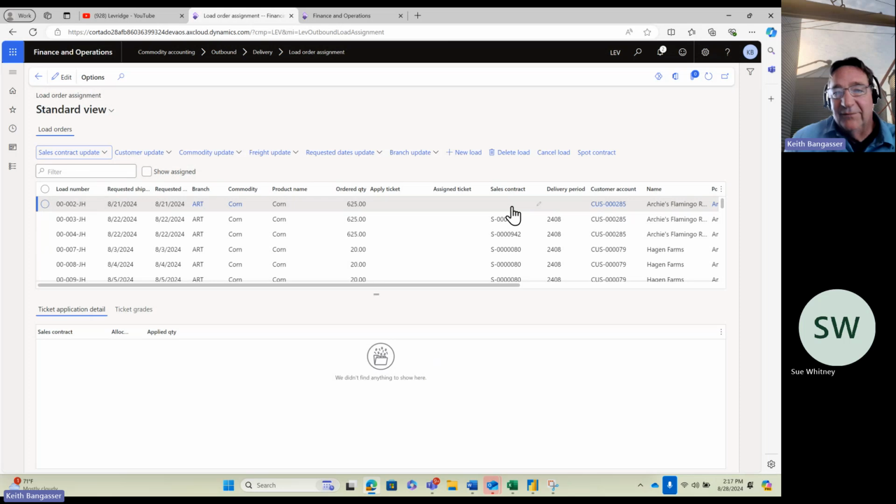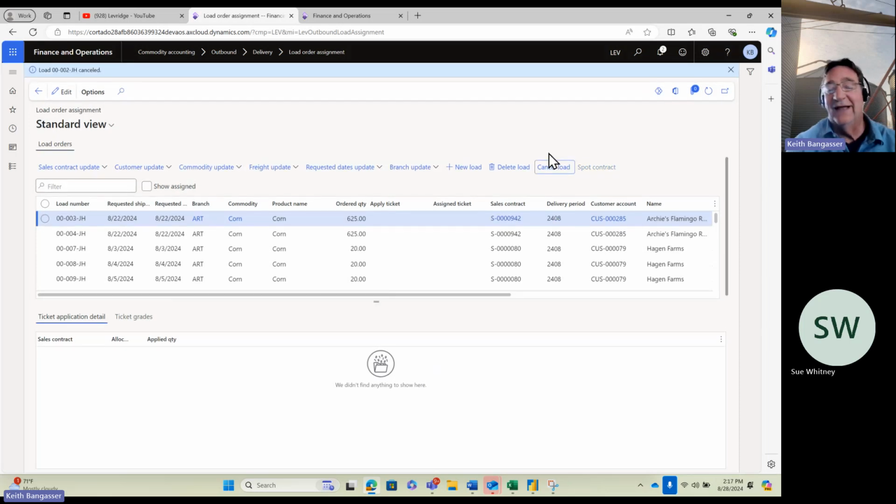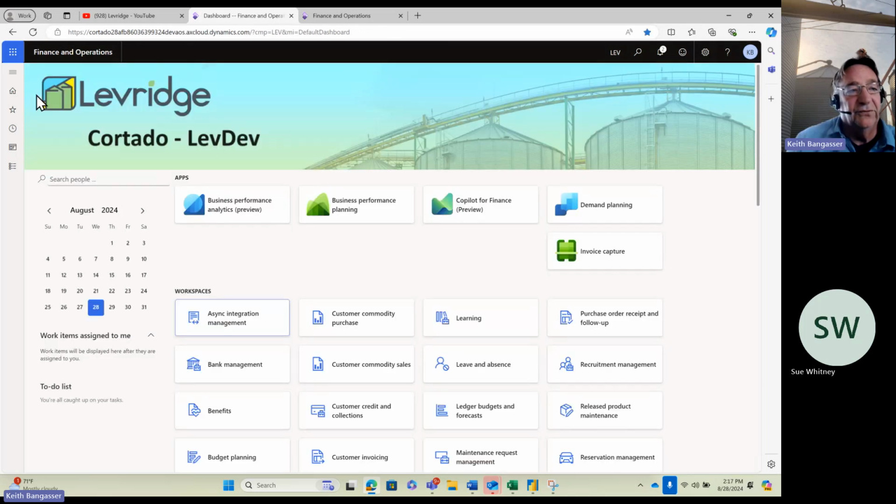We've also added the ability to cancel a load without a reason code. So let's take a look at how easy that is. So I have a cancel load, so I'm going to select that same load, and I'm going to hit cancel. And just like that, the load order has been canceled. It did not ask for a reason or require a reason code. And that's because we've added two new settings to the